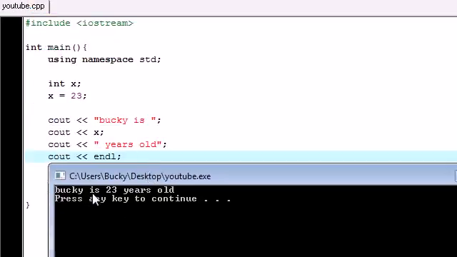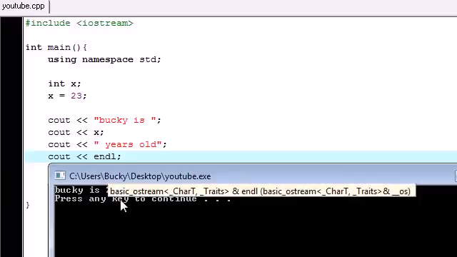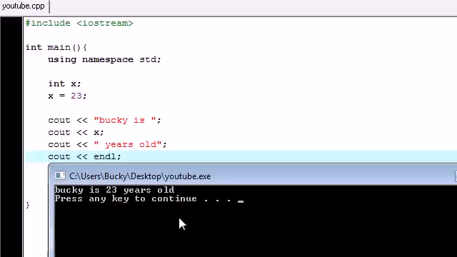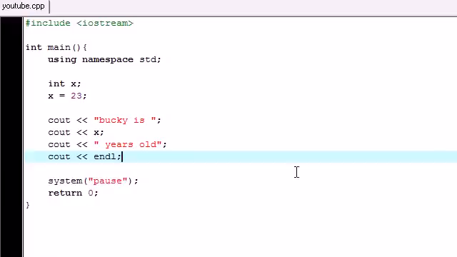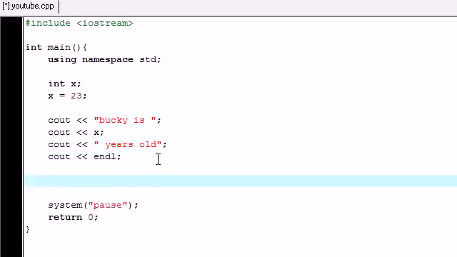It says Bucky is, and instead of writing x, it plugged in the value we wanted for x. 23 years old. So how awesome is that? We have finally learned how to use variables, and what the program did is automatically substituted that value for the variable, and it did the rest of the work for us. Pretty sweet, huh? So now let me teach you guys something else cool you can do